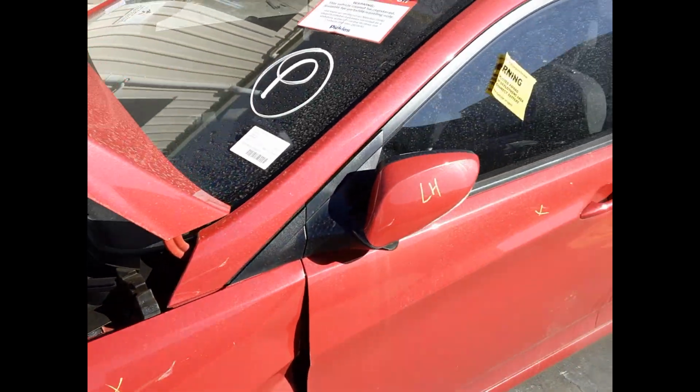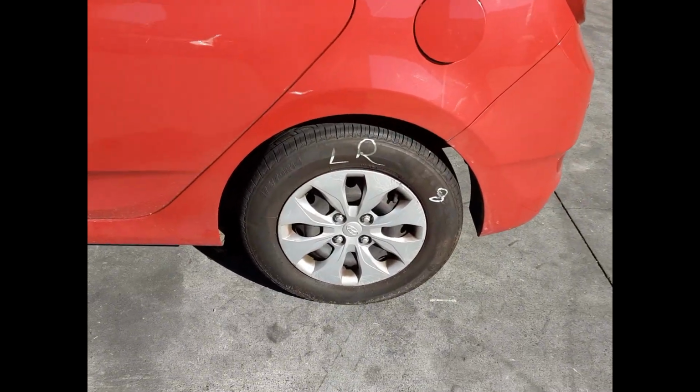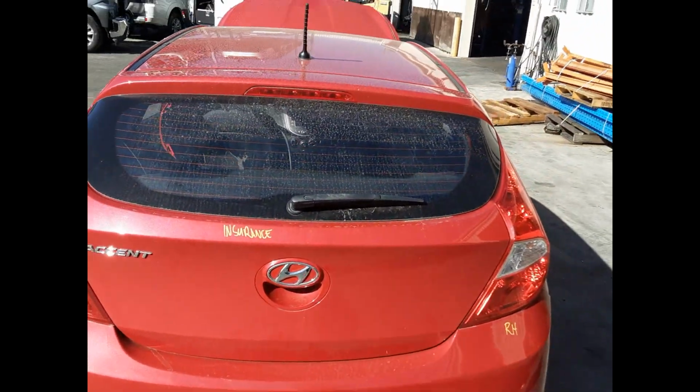We have the left-hand power door mirror. Left rear door has no damage. Left rear 14-inch steel rim with a good tyre. We have the left-hand tail light. Tailgate appears to have no damage, non-spoiler type, tidy rear muffler cover,